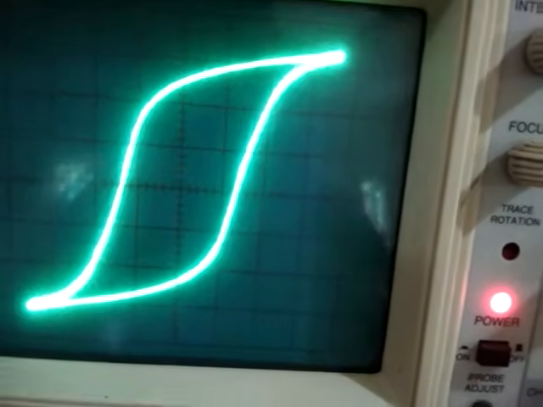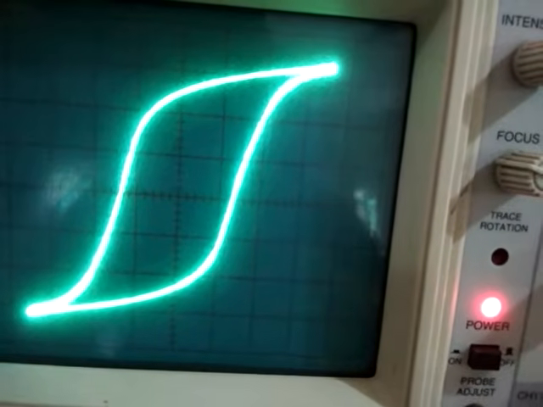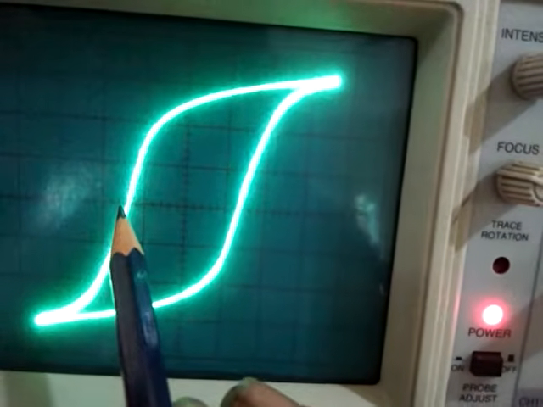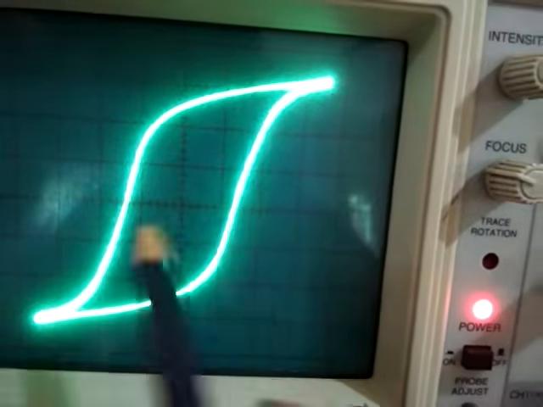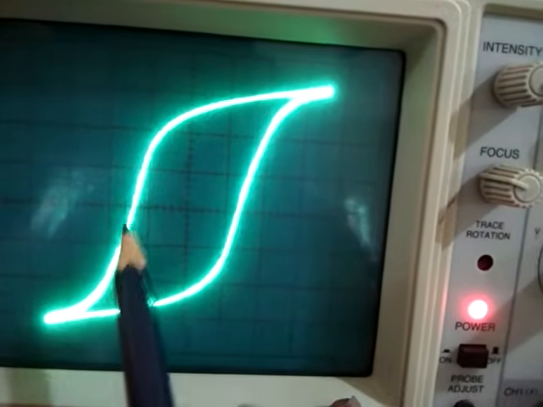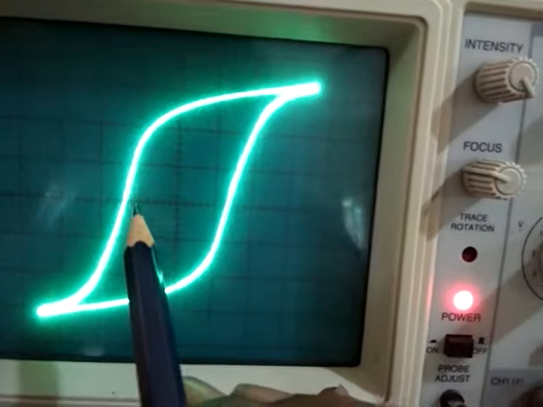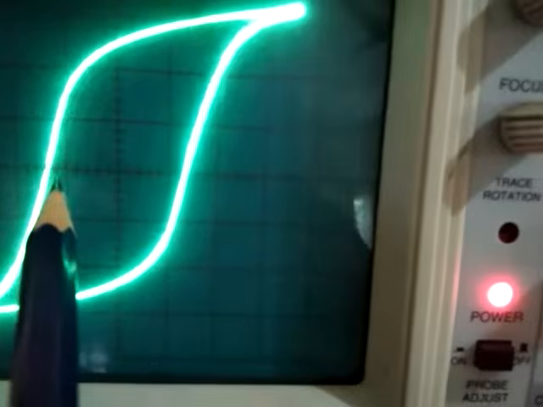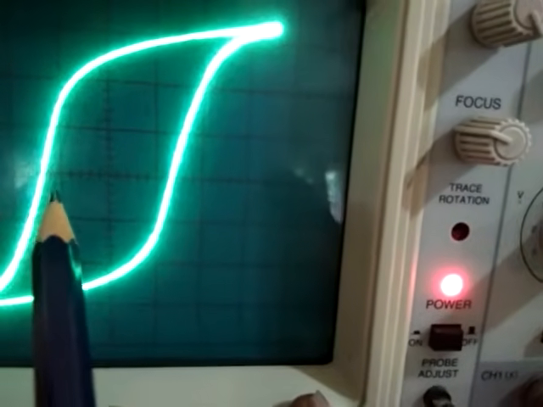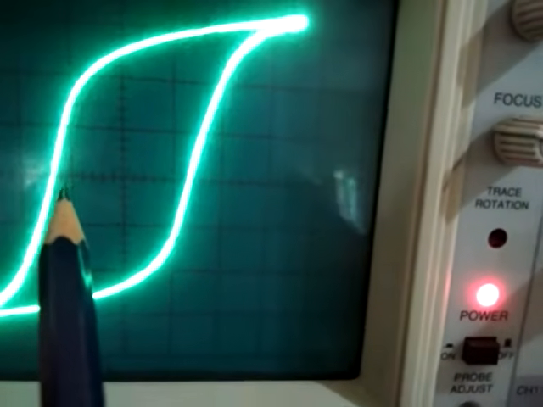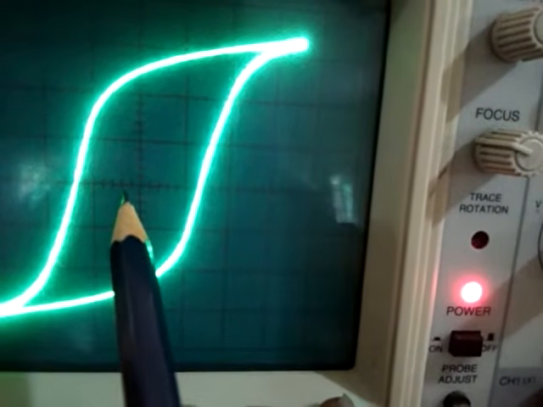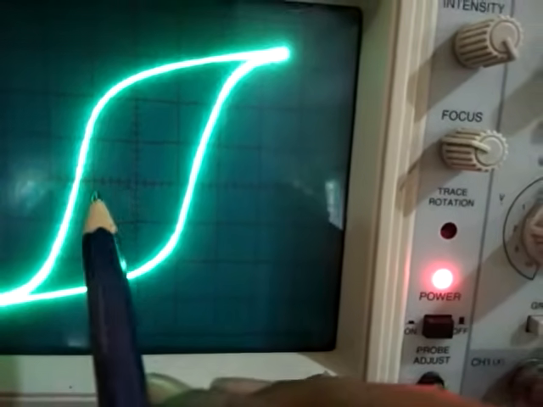Now we will measure the horizontal sensitivity here. To measure this horizontal sensitivity, first we have to count the total number of divisions that are lying between these 2 points. For that, you can observe here, this 1 unit length, what I am showing here, is divided into 5 divisions. So each division has a value of 0.2. This is 0, 0.2, 0.4, 0.6, 0.8 and 1. So 1 unit is divided into 5 divisions.